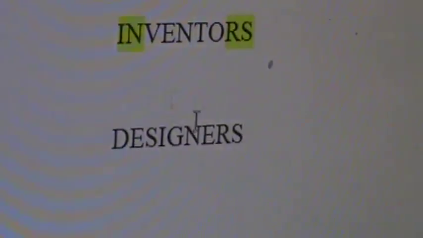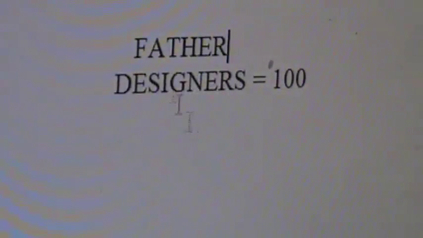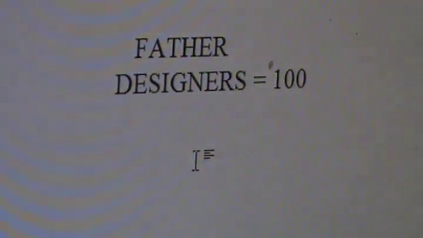Inventors. And then let's say Father is over all designers. It's pretty obvious because design parallels Father, and this just adds 42 points to the party. In fact, it's amazing. Designers equals the famous 100 for Father. So who designed all the designers? Well, Father did. So stop worshiping designers and start worshiping Father, who designed all the designers. Now remember, we did a flawless correlation between Father and design, and this just adds 24 points, and so I'm happy with that. Inventors, designers.